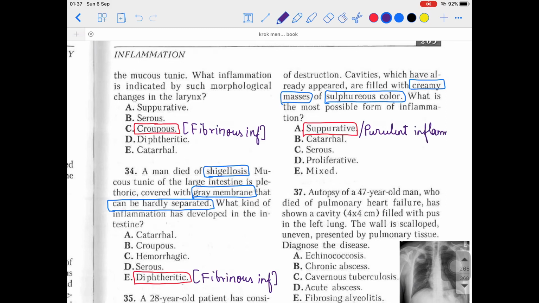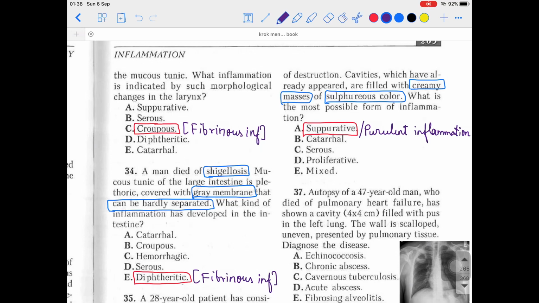Now, how did I come to know that this is suppurative or purulent inflammation? First of all you need to know about the causes. For example staphylococcus, streptococcus, gonococcus, meningococcus, all these which end with coccus you can add in this category, and they can cause suppurative or purulent inflammation. Guys, purulent, isn't it pus? So wherever you see pus, which kind of inflammation must you guess? Yes, suppurative or purulent inflammation, one and the same thing, synonyms of each other, right?